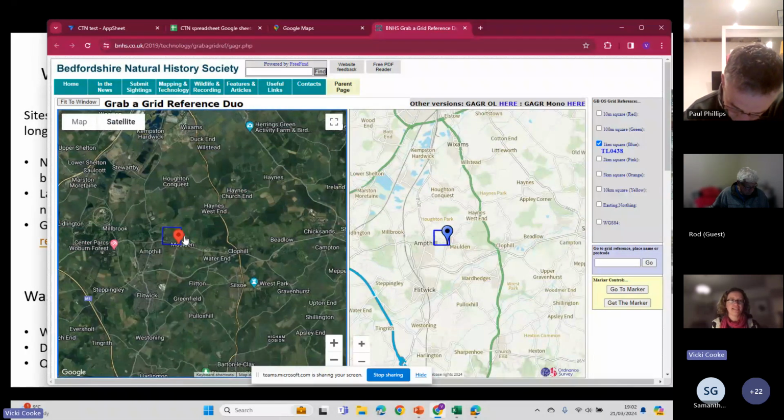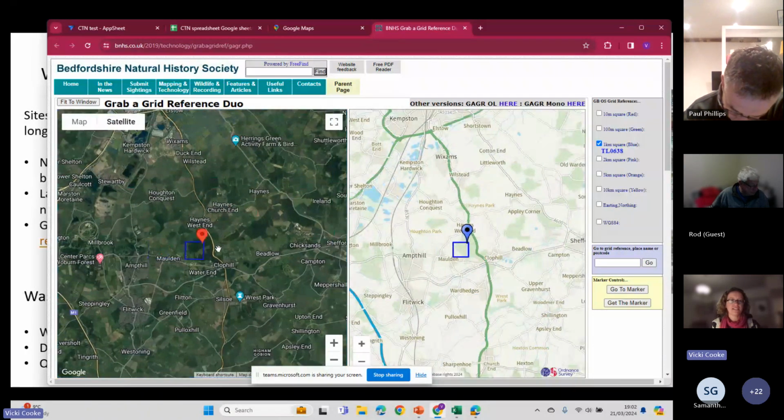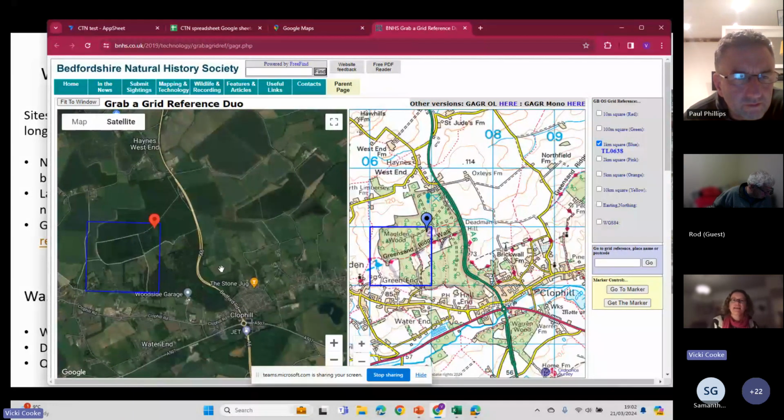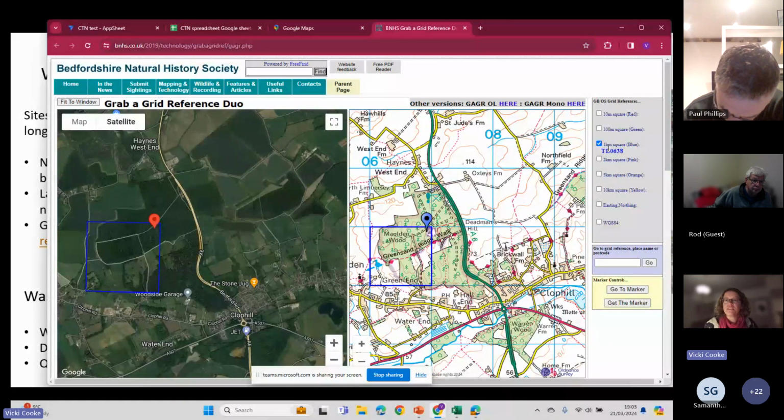So you have one map here. Let's just drag that onto this wood. Zoom in a bit, give you the OS map. So here's a good example actually. On this woodland here, this is a 1 kilometre square grid reference, and it's giving me these 2 letters